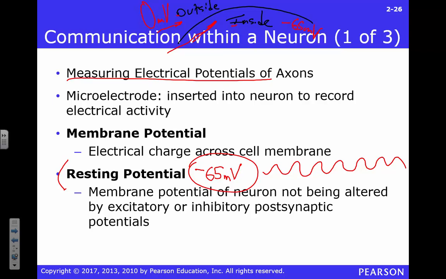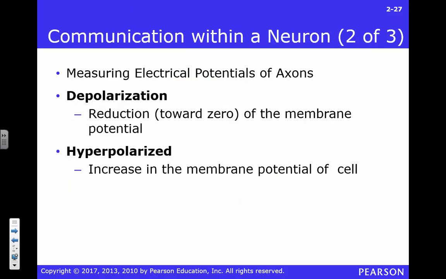Here are some other words you need to know. These are confusing words. You don't have to write them down. You've got a book. You've got a YouTube subscription. You've got lecture slides. Notice I didn't say you had a brain to remember them, but you have all those other things you can go to. Okay.